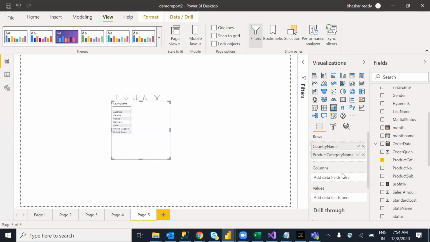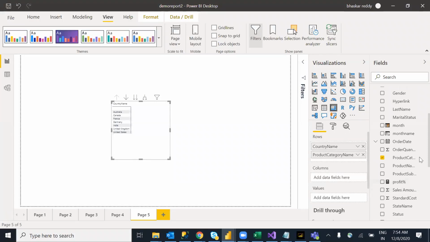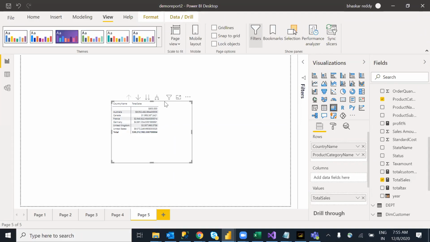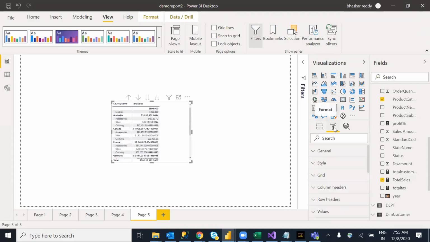While dragging, it comes to the columns level or the values level. If it is a number, when you select a number, it is a measure value and automatically goes to the values. We can't display the value row-wise, so since it is a number, it automatically comes to totals. Now let me expand it. Now let me go to the property I want to remove.